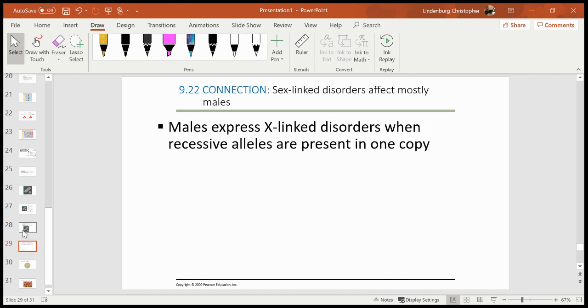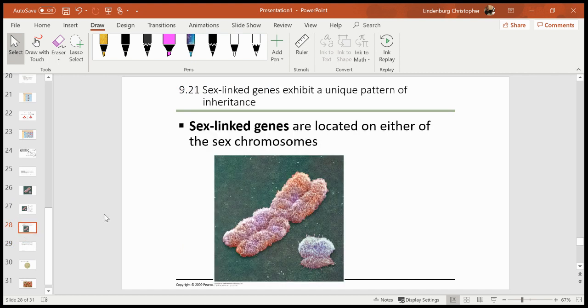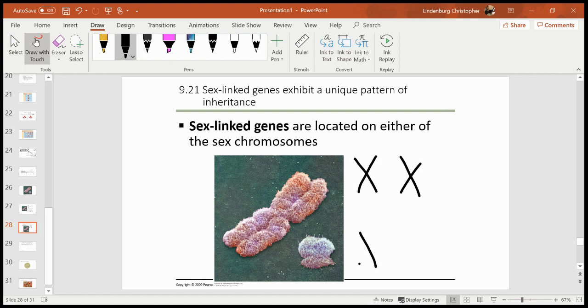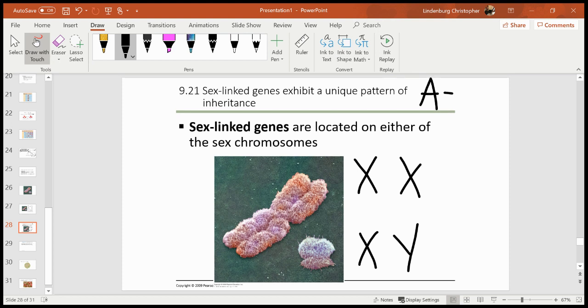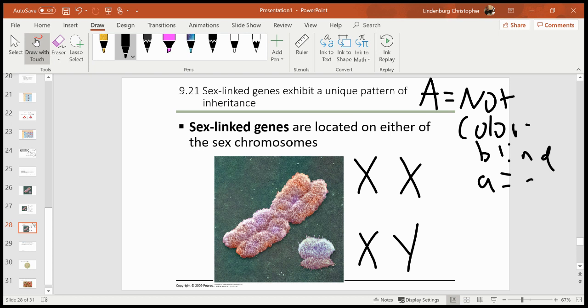So the way we write this is, first of all, the way we write the female's genotype is we have two X's. The male's genotype is an X and a Y. And let's say we have a condition. I'm going to use red-green color blindness as an example. And I'm going to use the letter A. So A means no, not colorblind. And little a means you are